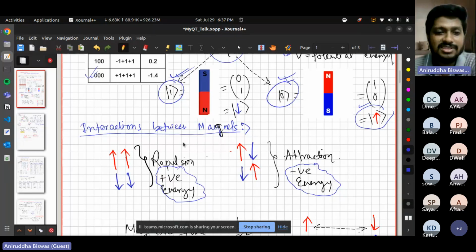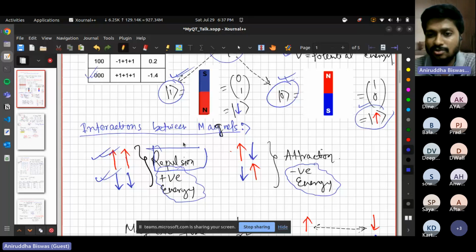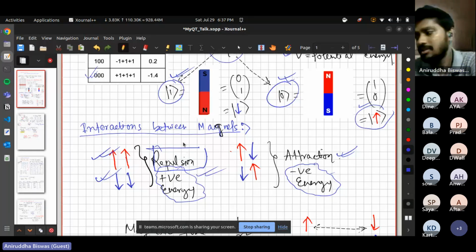Here you can see the up spin I mentioned, with two up spins and two down spins. Both will be repulsive in nature, and the opposite poles will be attractive in nature. When there's an attractive force, negative energy is associated with it from the physics perspective, and if it is repulsive, the energy is positive. Now, the thing is,